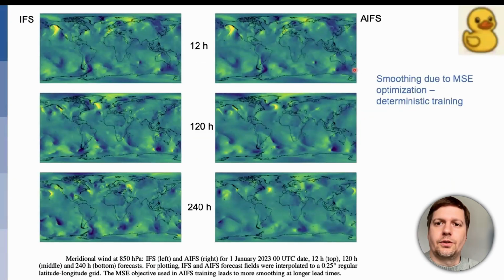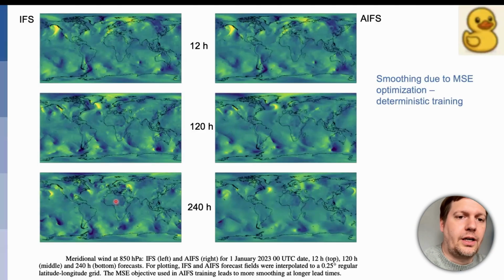And yeah, as you probably have heard, this works quite well. So you can produce very skillful forecasts with such a system. But one aspect you encounter frequently is that these forecasting systems tend to smooth. So on the left is the IFS forecast of the physics-based system. And what you can see is that the statistics don't really change with lead time. So after 12 hours, the forecast looks basically like a forecast after 10 days. So the same amount of small scale structure and variability, of course, conditional on the actual forecast situation.